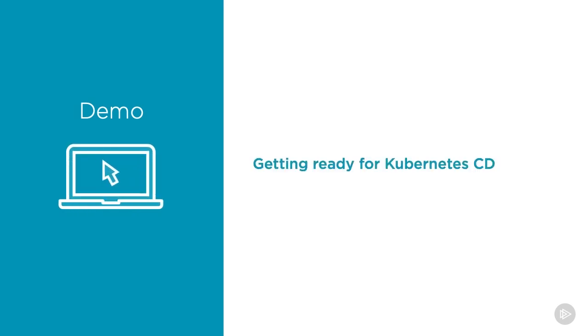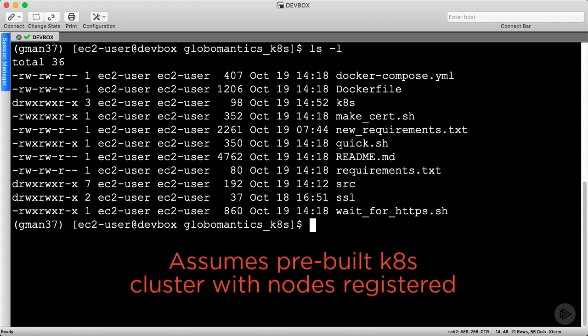There is quite a lot of prep work to get this set up, and rather than dig into every detail, I'll explain the scripts I wrote to help speed things up. Let's assume our Kubernetes cluster has been built and has worker nodes correctly registered. Everything has been set up in AWS already. This clip focuses on the client-side setup.